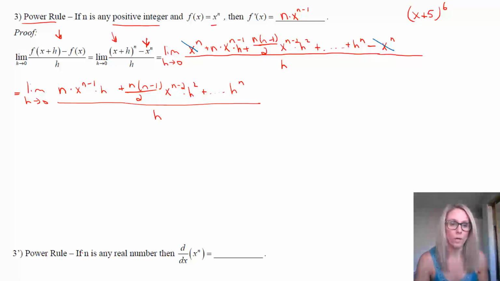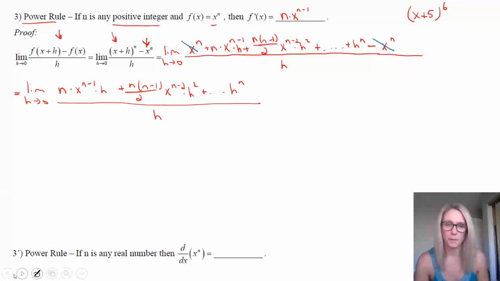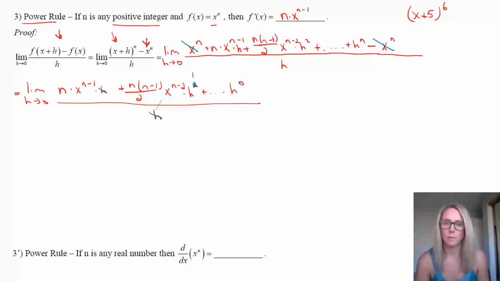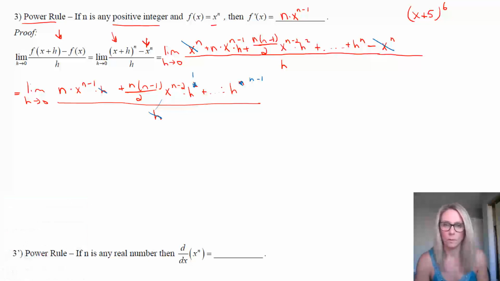So what we want to notice now is that this h here is going to simplify with all the h's in the numerator, meaning one of all the h's. So this h here is going to simplify with this h here. It's going to simplify with this h here, so that is just to the power of 1. And it's going to simplify with all the h's to reduce them by 1 in between. And it's going to simplify this h here to be n minus 1. So it's going to take out one of those h's by simplifying. And this is also just a plus here.